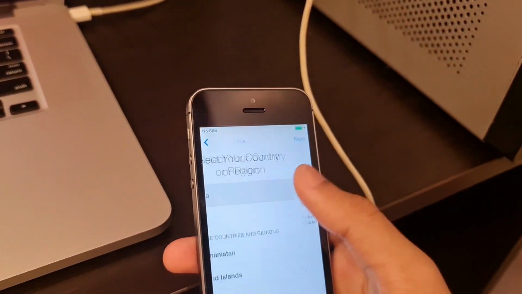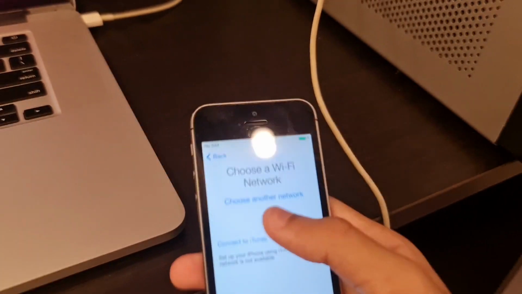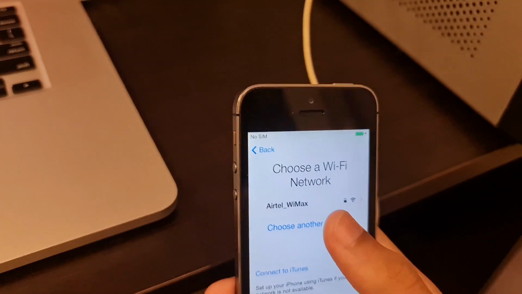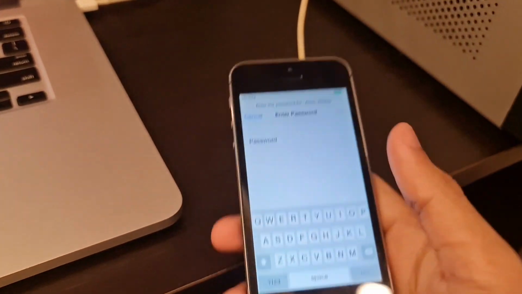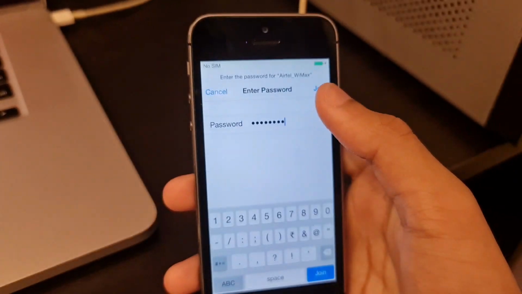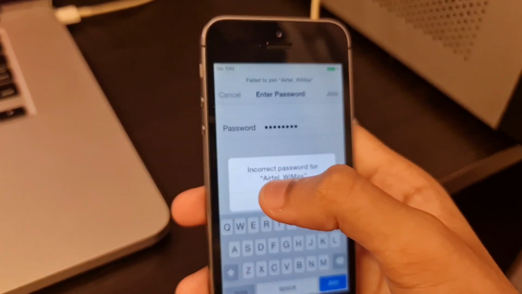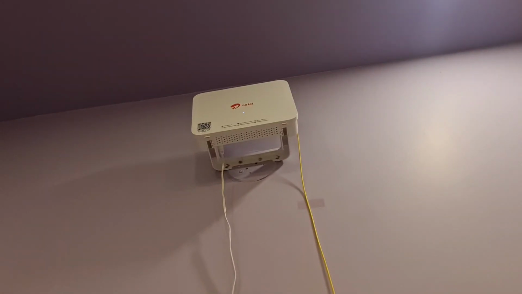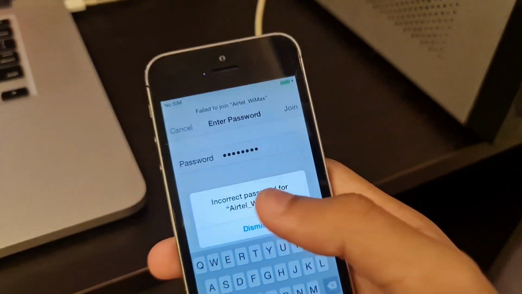Because it's not activated. India, UK, and right in this portion, if you want to connect to a network just like mine, I'm going to type in my password. Just like I've typed my password over here. Then once you click on the join button, it will say incorrect password entered for Wi-Fi. But I have typed in the correct password for this Wi-Fi over here. This one, this router. But it still says incorrect because